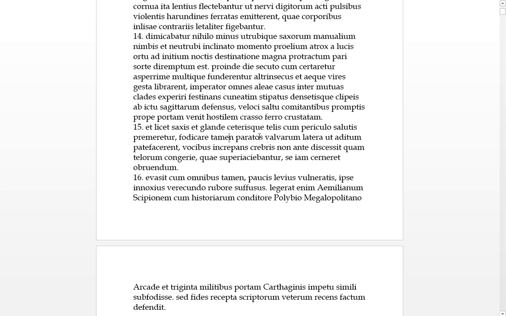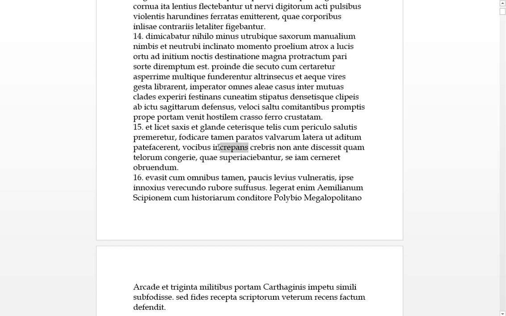Nevertheless, tamen, paratos, phodicare, I think we saw that earlier, it's trying to dig a hole in the latera, which is the flanks or the sides of the valve arms. These are valve doors like they had in old westerns. You have like a two-fold door. So here they are, they're ready to dig a hole in these encrusted doors so that they could pataphakerent, which means they were trying to make open an adytum, which is an approach or an entry.